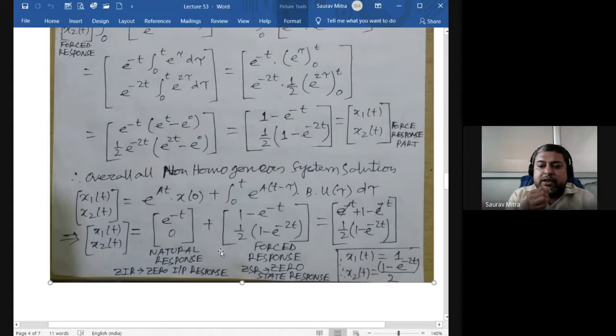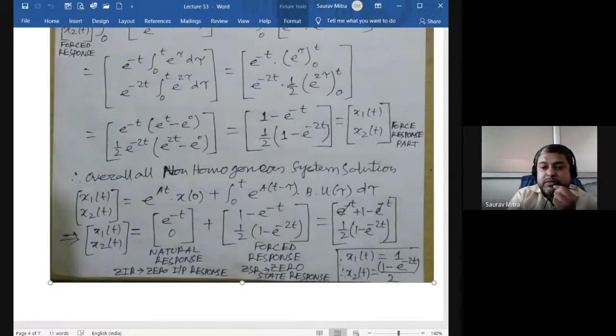So I think definitely you have done this thing in signals and systems also. Whenever I give you y double dot t plus something of y dot t plus y(t) is equal to something of x dot t plus something x(t), in that case, we can solve that in the Laplace domain, and we can substitute the initial conditions. Then we can separate out the initial conditions and forced response. And then we can show what is the ZIR part, what is the ZSR part, zero state response, and finally we add them to get the overall response. So overall response is nothing but the addition of natural response or zero input response or initial condition based response, which is the first part, and forced response.